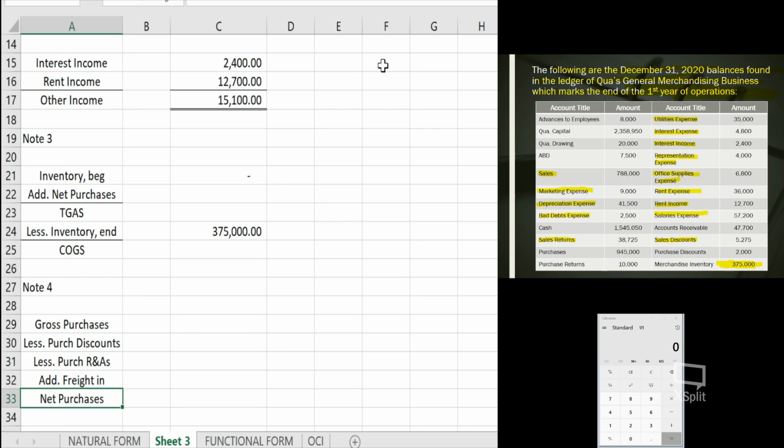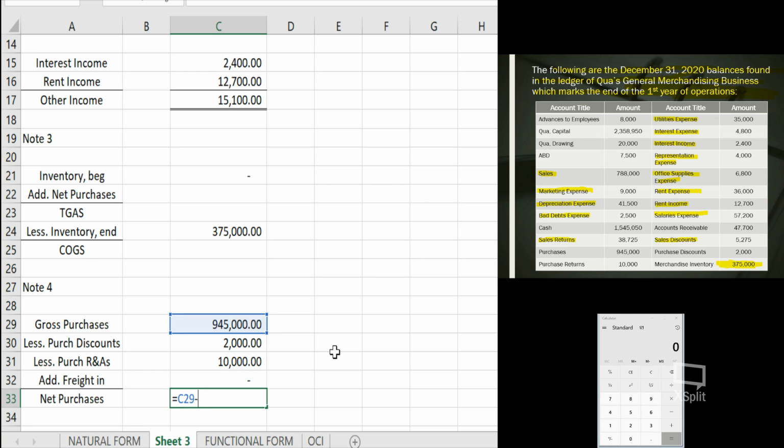Gross purchases will be how much? 945,000. Purchase discounts, 2,000. Purchase returns and allowances, in this case, purchase returns lang, 10,000. Freight in, walang given, so 0. So our total net purchases will be, minus lang natin yan,